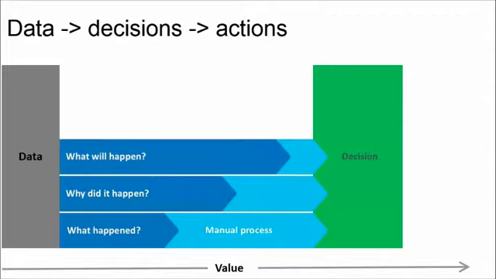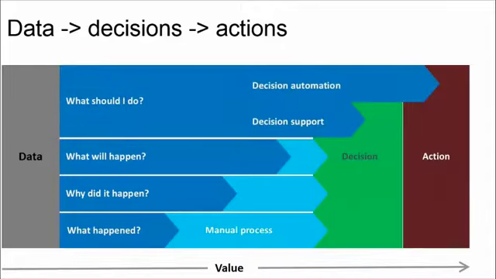Most of this course we're going to focus on predictive analytics, and predictive analytics tell us what will happen. It gives us some ideas about some forecasts for the future, and that narrows down the range of manual decision making we need to make. So you see each of these light blue arrows there, which is the manual part, is getting a little shorter. And where are we trying to go as an industry?